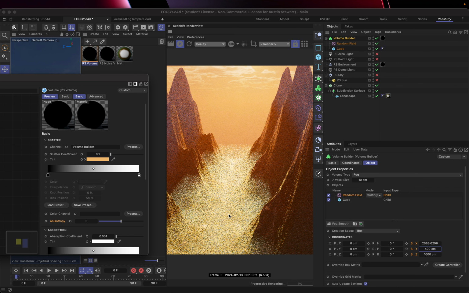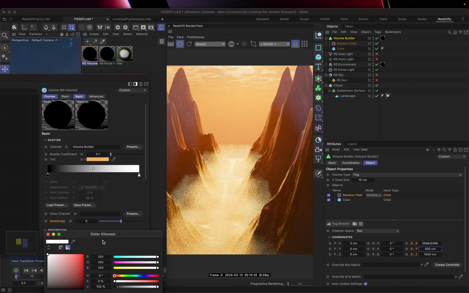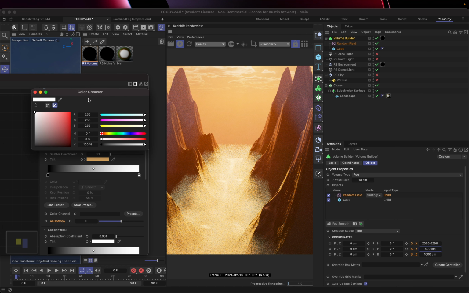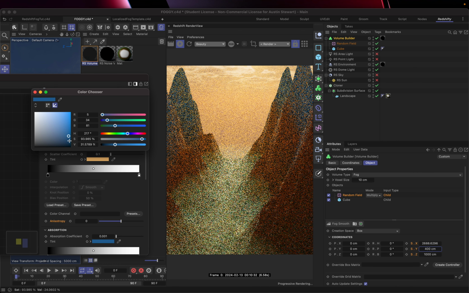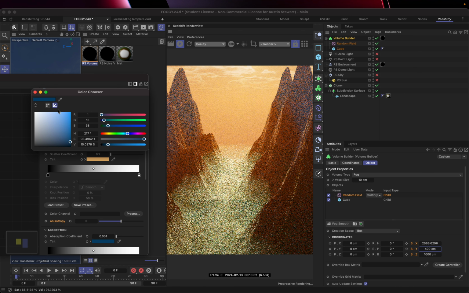So you can see now I've got some fog there. And then, right, the absorption color, which should be closer to the bottom, instead of being bright white, let's go ahead and actually make that, maybe we could make it almost blue. Maybe there's water down there. And we want to be able to sort of see that blue come through in that absorption. Let's see if we get